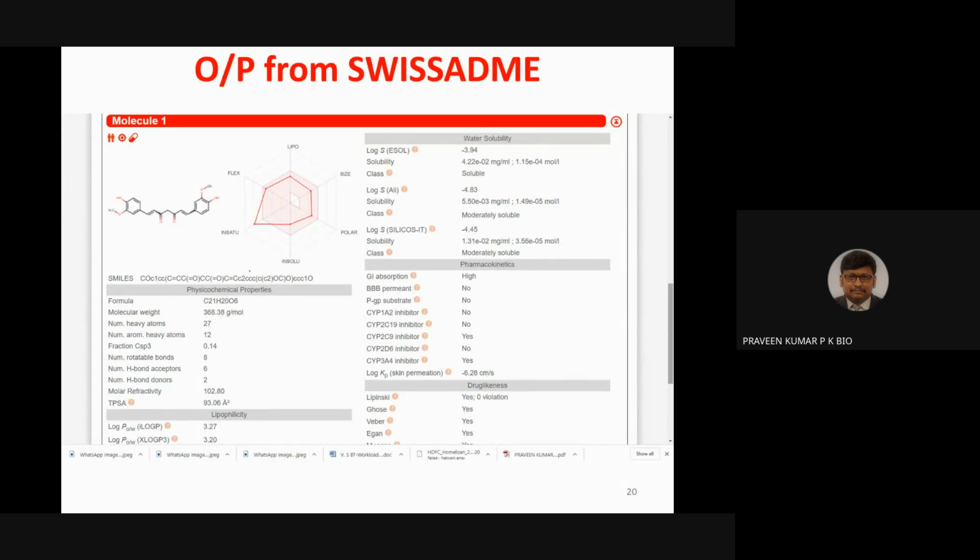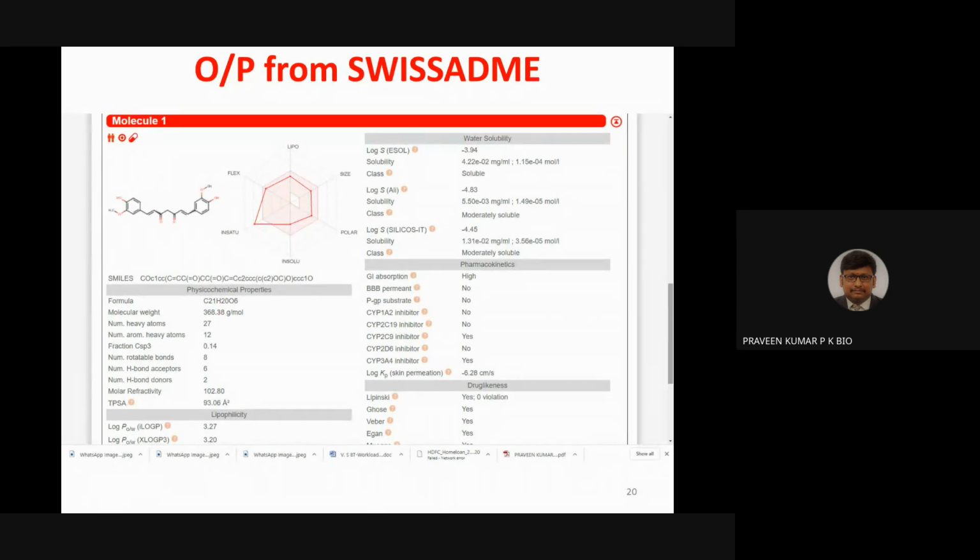So, output from SwissADME. As I mentioned, in SwissADME, you just drop the structure or the canonical SMILES format of a compound. In our case, I dropped the curcumin compound's SMILES format. The canonical SMILES is a 1D format of a compound. If you drop that 1D format and click run,